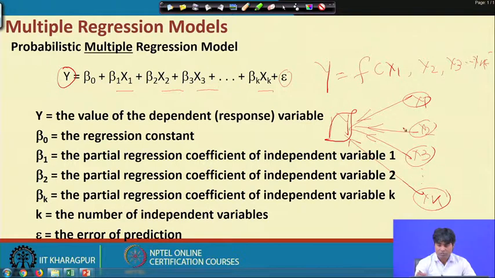So, that means if you look into this path diagram, there may be some relationship among these independent variables like x1 x2, x1 x3, then x1 xk, then x2 x3, x2 xk, then x3 xk. So, these are all possible correlations or associations in the setup, since it is a kind of multivariate scenario where there is one dependent variable with many independent variables.